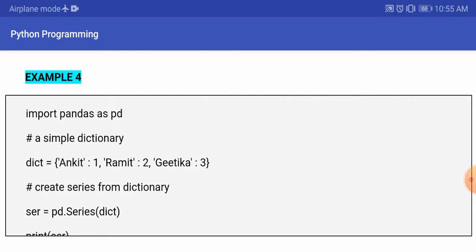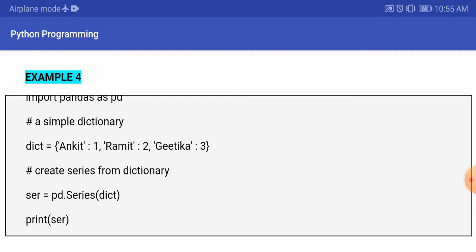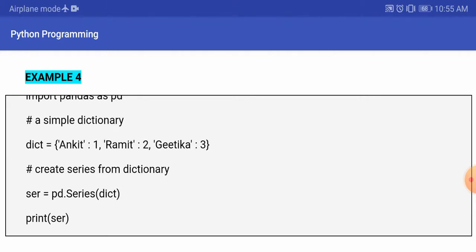Now we need to create a series by using this dict. So here we can write ser is equal to pd dot Series, and in brackets we pass this dict. Again I am reminding you that Series S should be in capital, and we have passed the dict which we have already created in this Series function.